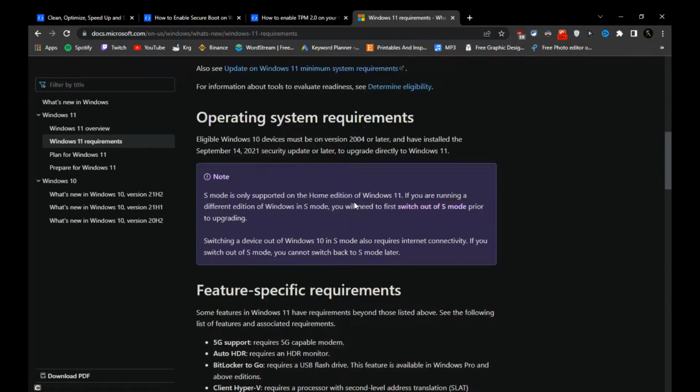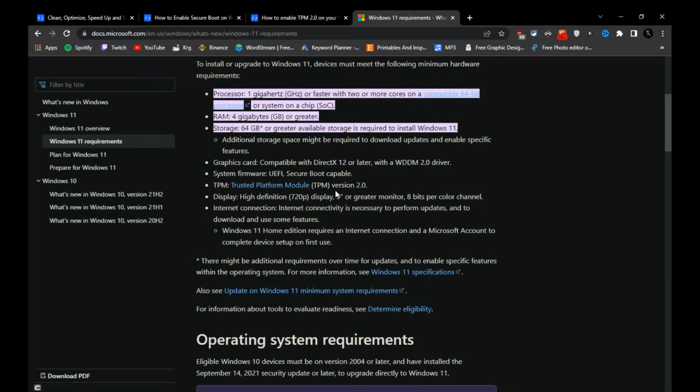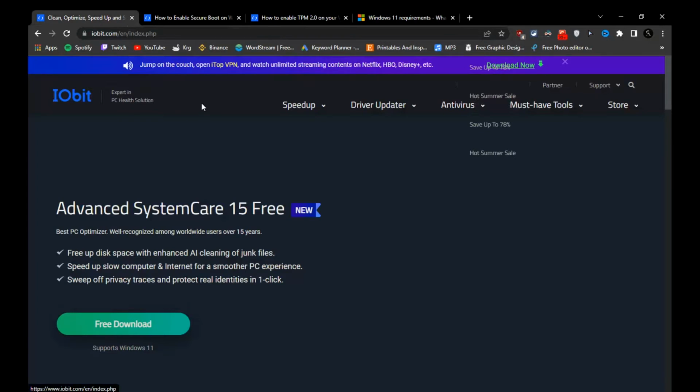So for that reason, I found a tool on the internet which runs the checker on your computer to find out whether you can run Windows 11 or not. It's a very basic tool. It's also free. You don't even need to install it or whatever. You just gotta head to this website called